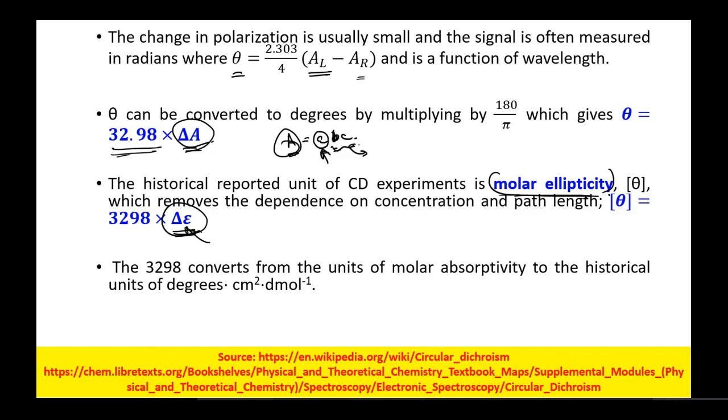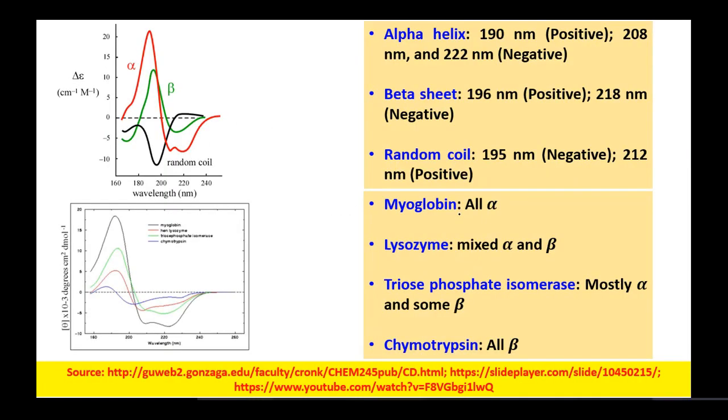So in the majority of cases, you will find this molar ellipticity being reported. And this is what removes the dependence on the concentration and the path length. So the final thing is, what information does it give? If you find out the wavelength dependent molar ellipticity, you will find that you